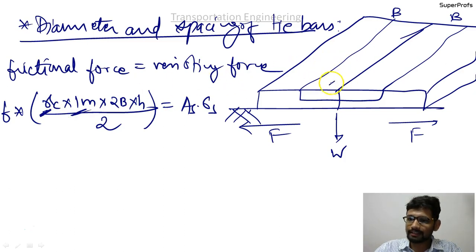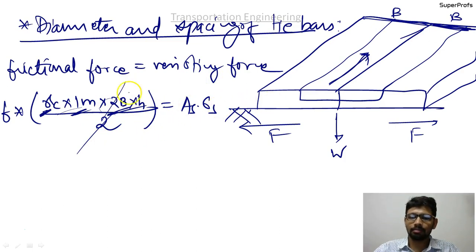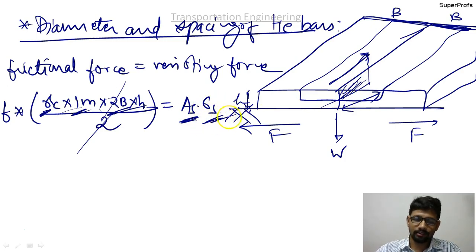Gamma C is the unit weight of concrete. 1 meter, we are considering along the length. Since the length is going to be too large, we are considering one strip of 1 meter now. 2b here, so this b and another b, and we will later be making half of it, so this 2 and this 2 get cancelled, but you have to account for it in some way. And h is the depth of the pyramid, small h. As is the area of cross section of steel along this 1 meter length that we have considered, okay, and sigma s is the allowable stress in steel.